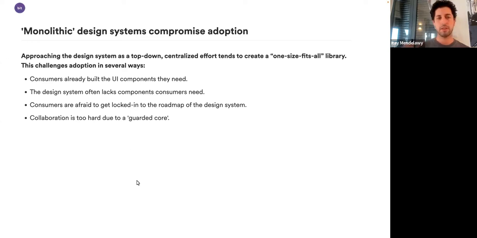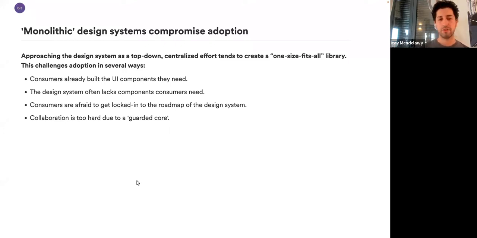Because again, this is a large thing with all of those components built in. Often there are consumers that already built a lot of the UI components they need, right? We are talking about other teams in wider organizations that already have live products in production. For some other teams, maybe they need components that the design system is lacking, and maybe that design system is not sufficient enough and not composable enough for them to take the features on the UI they've built and adapt to the standards of the design system.